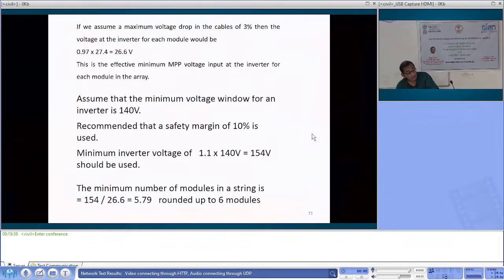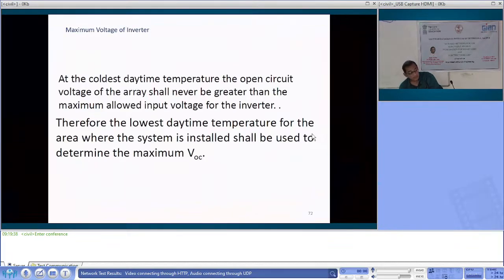Okay, then the example is given where they are solved with all steps. You can check how many modules you finally come out with: that 5.79, meaning round figure to 6 modules. Now don't take other figures like 7 or 9. You have to make strings like 4-4-8 or 5-5-10. Not 5 here and 4 there, that will not form a string; their voltage must remain the same in parallel. So what is available in the market one has to see, because the inverter company is different and the module company is different, and you have to match them with the supplier. Okay, maximum voltage of inverter